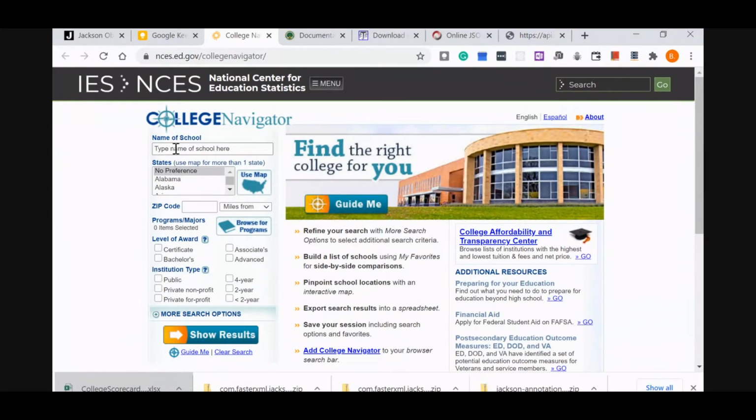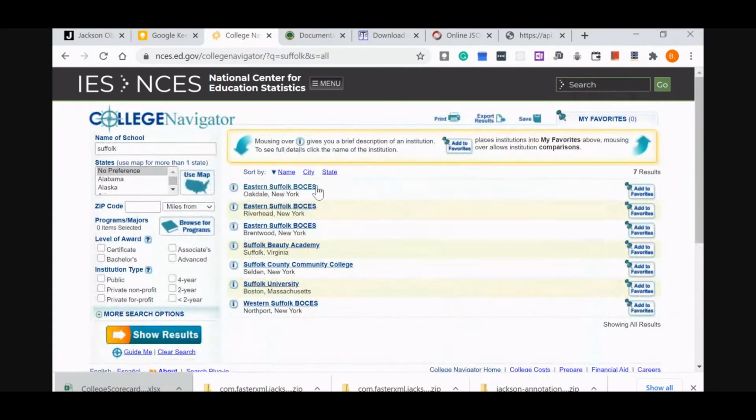Okay, so for example, you can say, I want to look for Suffolk. Okay, and you can search that, and then you can put the zip code if you want or not. You just show result. That's the only thing I put in, Suffolk, right? Then you know there are a bunch of schools that contain Suffolk in it, so show result, and then you see Eastern Suffolk, Oakdale, Riverhead, Brentwood, Beauty Academy, and then you have Southern, Boston, Suffolk University, Western Suffolk. Okay, so you can refine this, and you put a zip code in 11764, and you found,